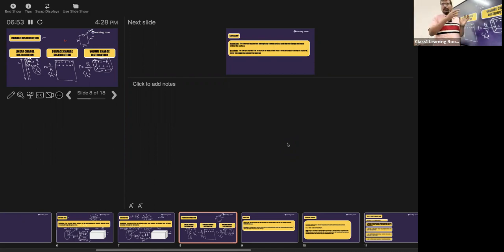So mostly what we do is we take these kinds of charge distributions in the derivation part. At that time, all the charge distributions are taken in such a way that each charge is uniformly distributed. What is the meaning of uniformly distributed? It means the distance of separation between each such point charge, which sums up to the total charge, is going to be a constant. Try to understand this. If I take this kind of a system, 1, 2, 3, 4, 5, for example, let's say there are 5 such small point charges.